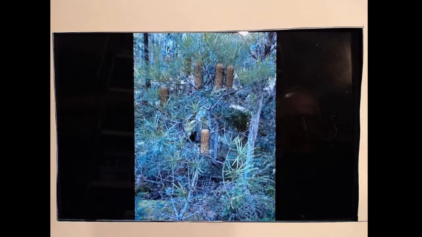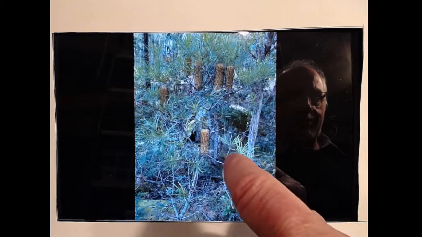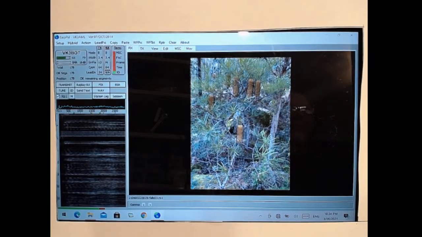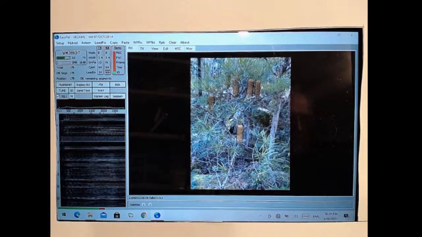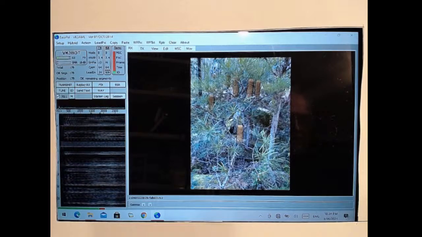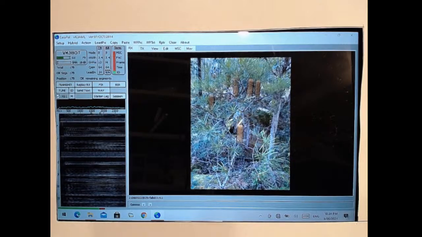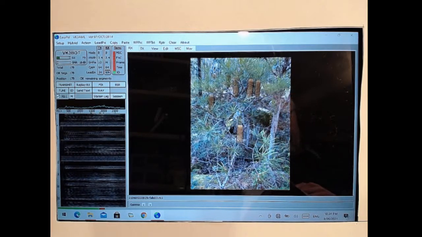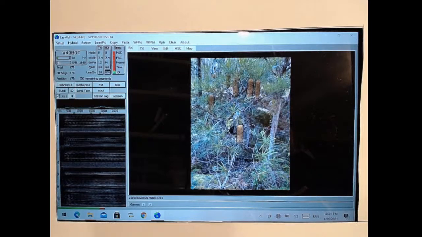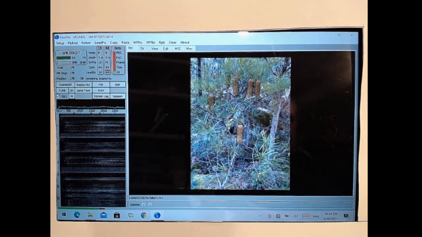VK3DUB. Acknowledging VK3DUB, I think it was. Yeah, VK3 Delta Uniform Bravo, just jumping in on the tail end here. Yeah, welcome. I didn't catch the name, sorry. This is VK3FTZD. It's Grayson.